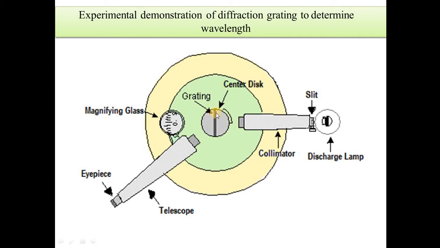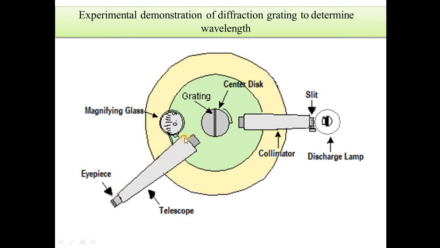There will be a table for holding our optical element here, and here there will be a telescope, and the telescope can move in a 360-degree scale at any position. And there will be a vernier scale at two of these diametrically opposite portions. There will be a scale here, and opposite to this there will be another scale here to take the measurements. The telescope will normally have an eyepiece and an objective.